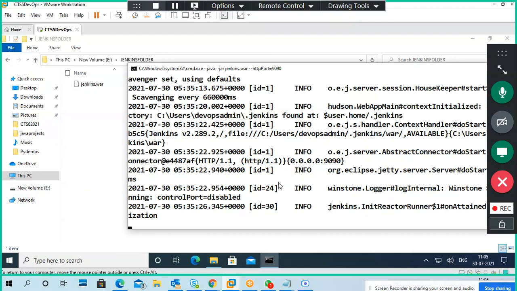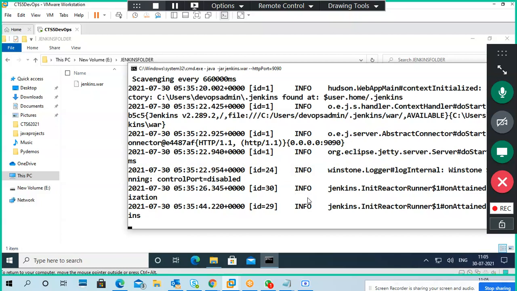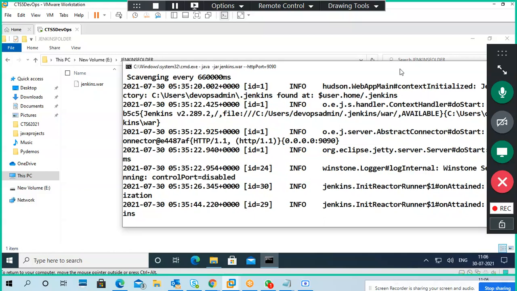There are a lot of plugins available, depending on which project you have and what kind of plugins you require. You can check those plugins. It will take time anyway, so let it run.